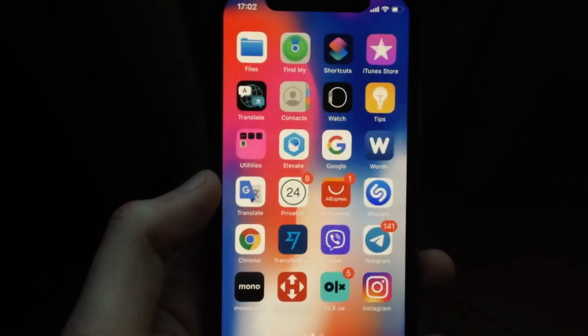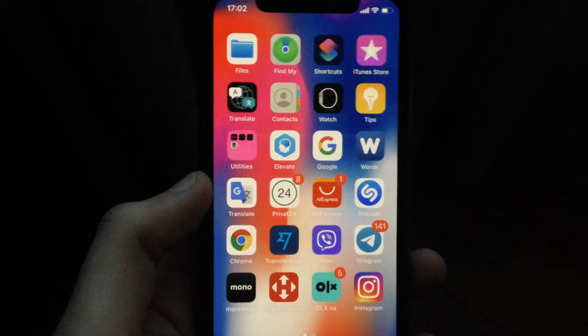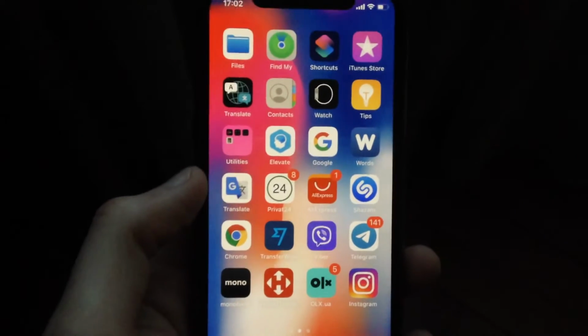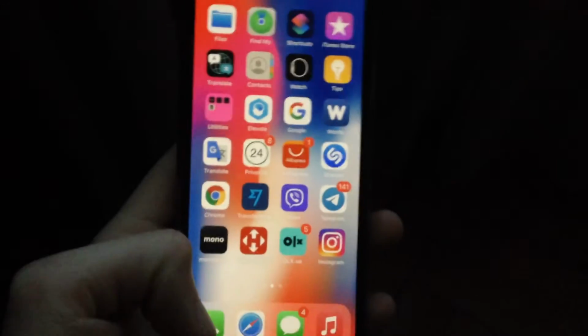Hello dear subscribers, today I will tell you how you can easily check your Wi-Fi speed, internet speed on your